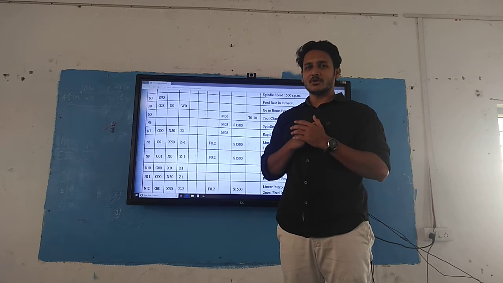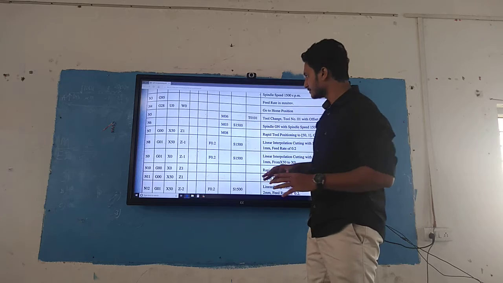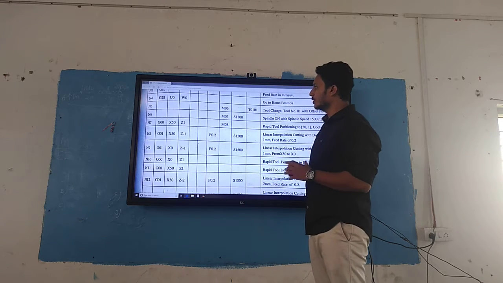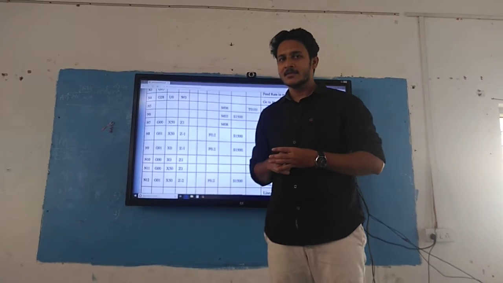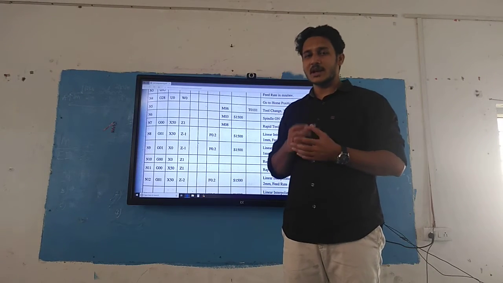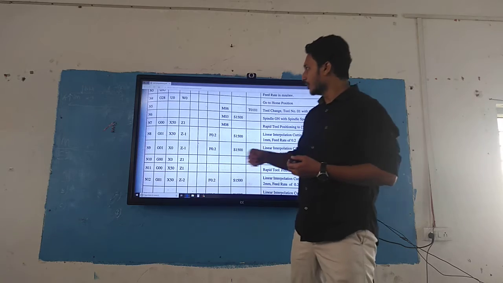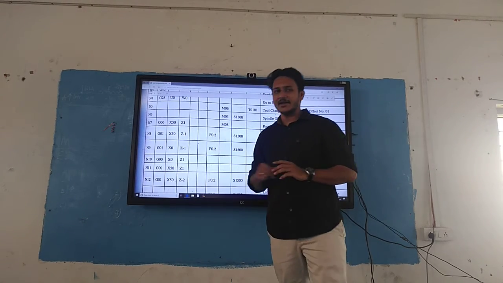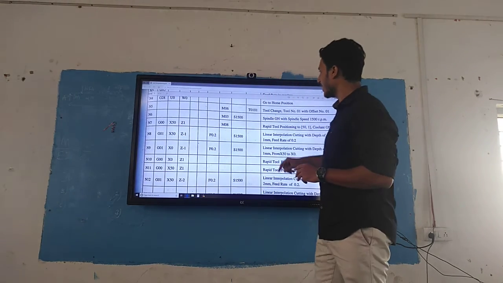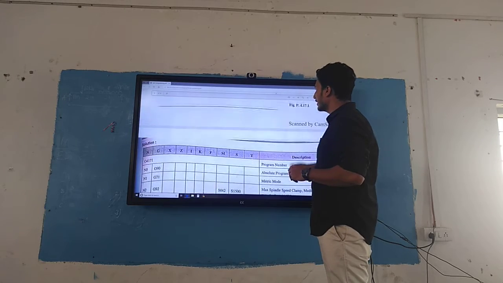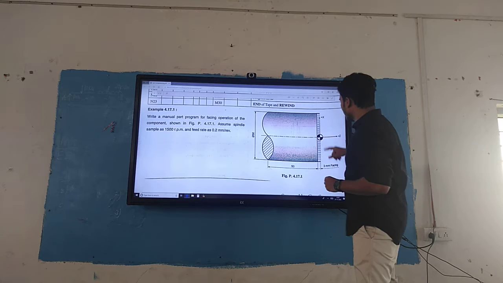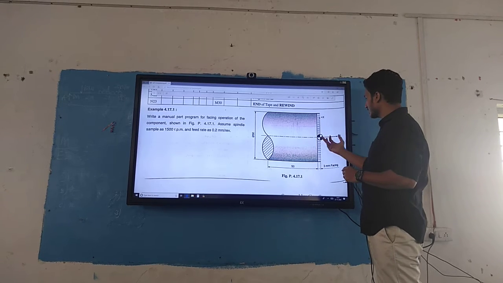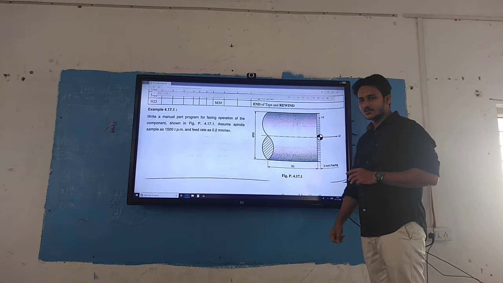Everything will be same for many operations. Okay. So first what we do is we will use G00 means the rapid tool movement to X50 and Z1. So this is the X positive direction and this is Z negative direction.